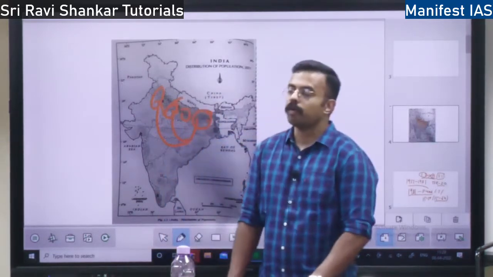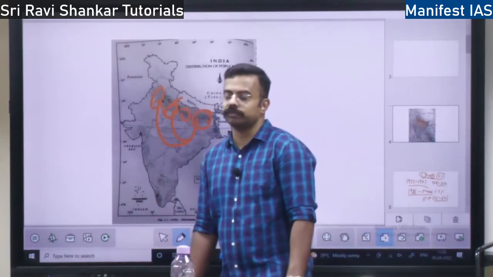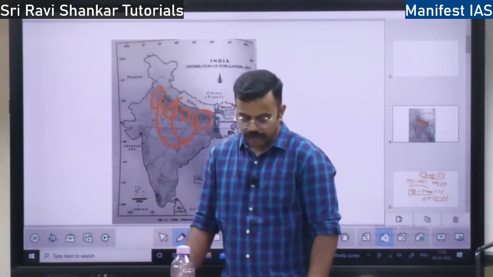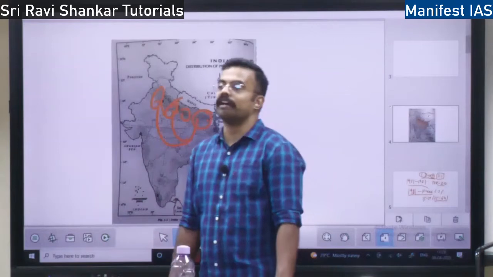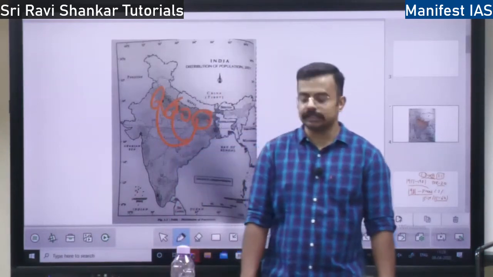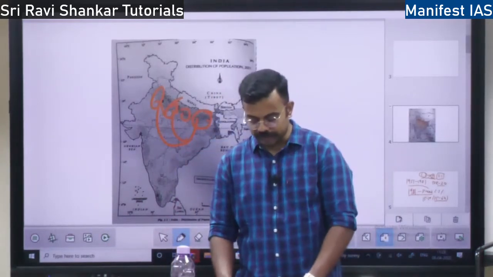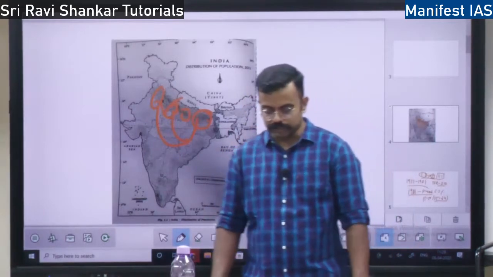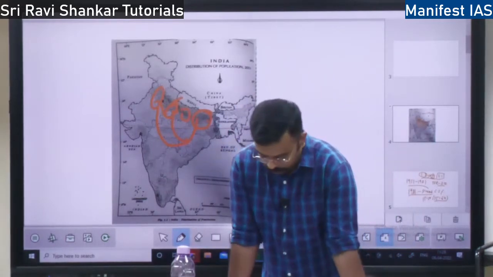Next, environmental consequences of migration. It leads to overcrowding, building of slums, poor sanitation, poor drainage and unplanned growth, traffic, pollution, all these things are the environmental consequences, right? Groundwater also gets overexploited. All these are the environmental consequences.